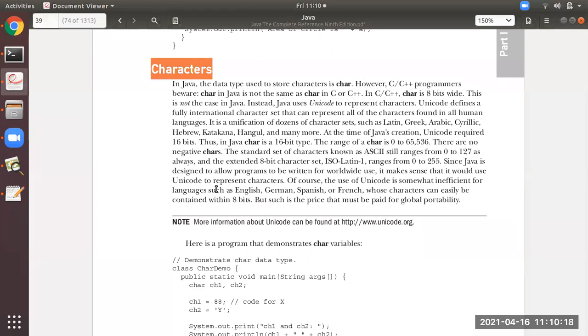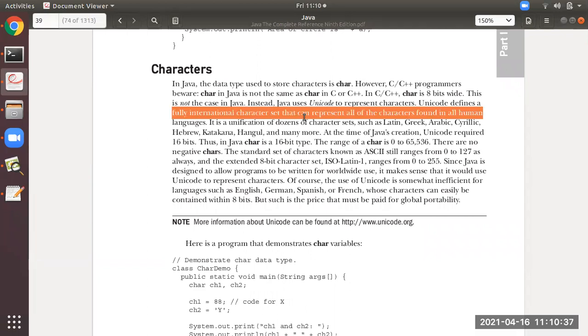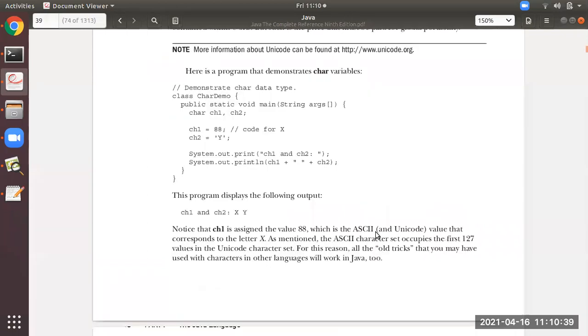The answer is Java uses Unicode to represent characters. What is Unicode? It is a fully international character set that can represent all of the characters found in all human languages. That should be the answer.